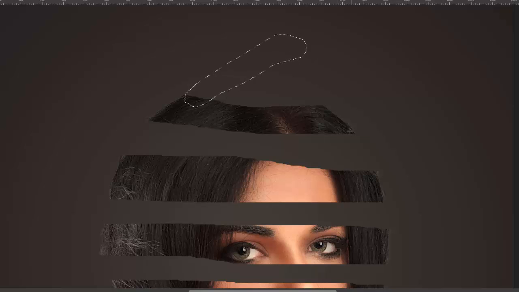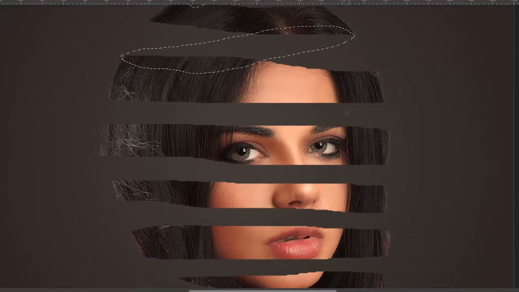I'm going to come from this corner down to this corner, but I'm going to again start from inside the hair area, come to the corner of the hair, and then come up and round to the corner of this side, and roughly like that. So again I'm going to come from this right hand corner,